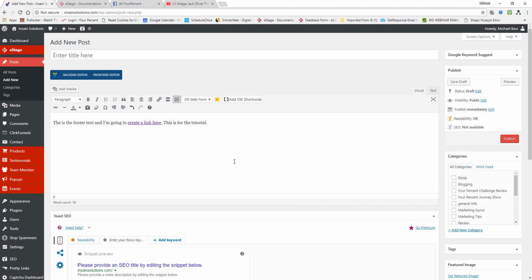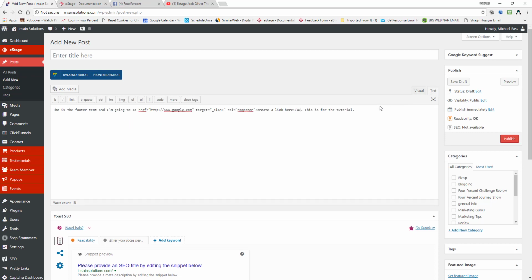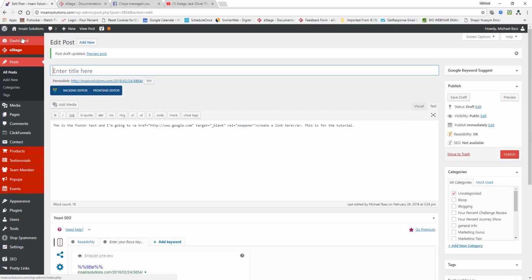So just click Update. Now, in order to get the HTML coding, once you've got all your links in wherever you want them, just go to the Text tab, and there's your HTML coding right there already put in for you. So now all you're going to do is copy this right here, and go visit your site. We're just going to say this is a draft, not published, just as a draft. Go to your website,